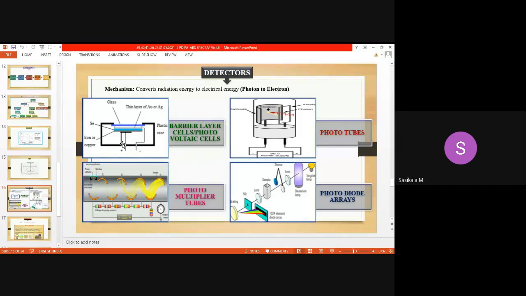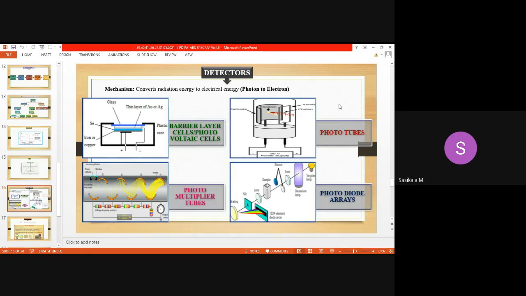What you have taken in the cuvette, 3.5 ml of sample, how much amount it has been absorbed from the source is represented. So this is the mechanism behind detectors, where the cathode will receive radiation energy and give an equal amount of electrons, and these electrons will move towards the anode. This causes passage of electric current, and during that passage direct current will be converted to alternating current, and that current will be recorded as a signal or spectrum in the recorder.